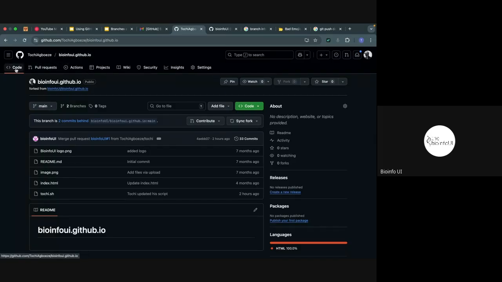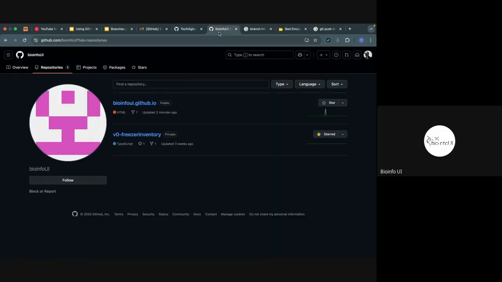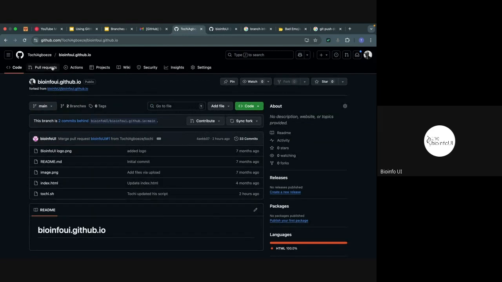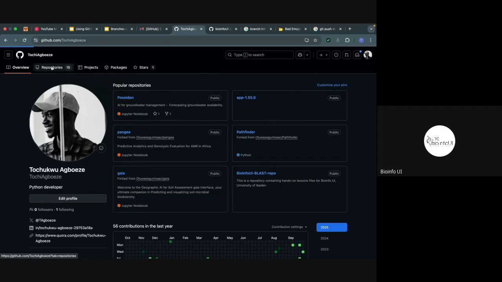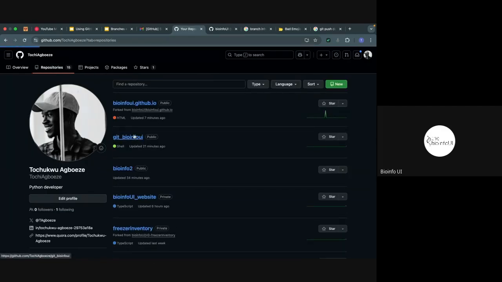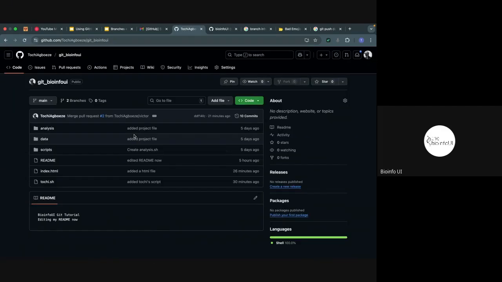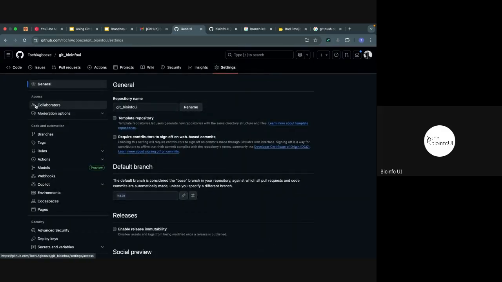So if you want to work collaboratively on a particular project, you can also do that. There is a section to do that. So let me go to the other repo. Let's say I want to give other people access to my repo to work on and still make changes to it, and even go as far as making branches to work on different independent parts of the project. So all I need to do is come to settings, and under access, you can see this